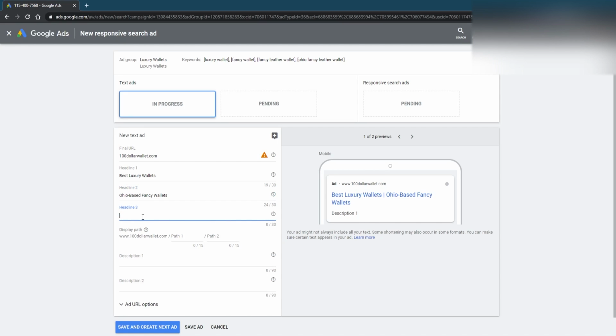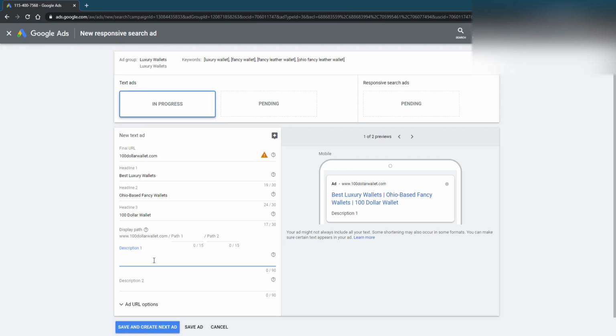And so I might also then throw our brand here, $100 wallet, as a headline here. And you could throw in the registered logo if you're registered, the trademark logo if you're trademarked. That's a cool way to enhance the headline a little bit. And then for your description, you have 90 characters, so there's a lot of real estate here compared to the